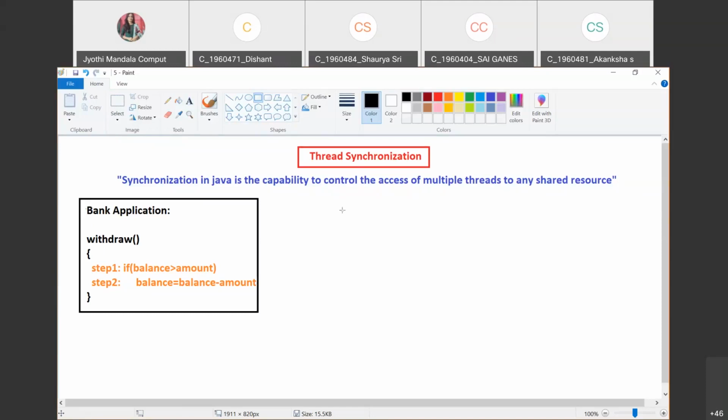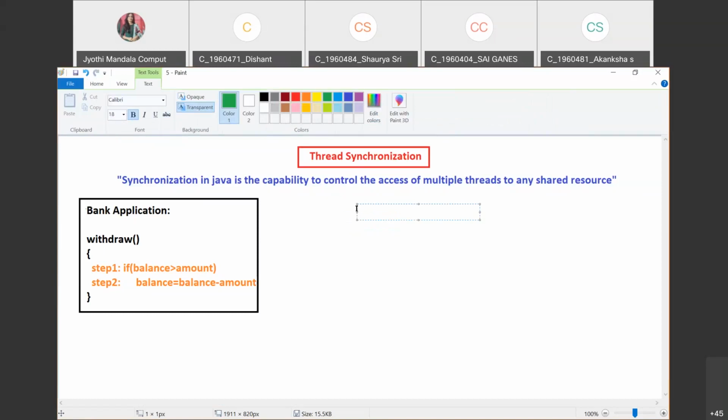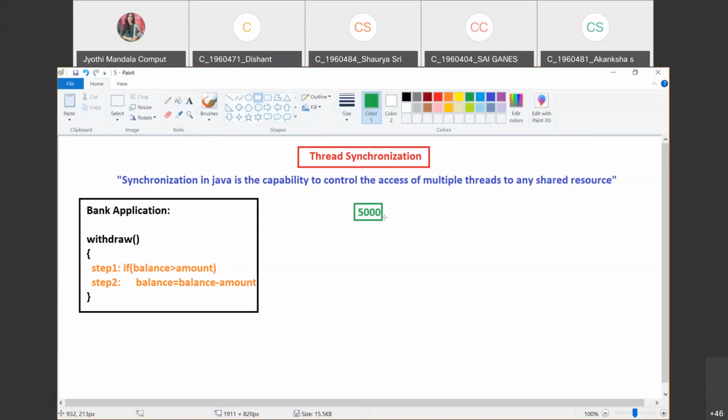There are multiple types of account, like a single account or a joint account. I am taking one account where the amount available is 5,000. Follow carefully what I'm telling. Let us consider this is account 1.